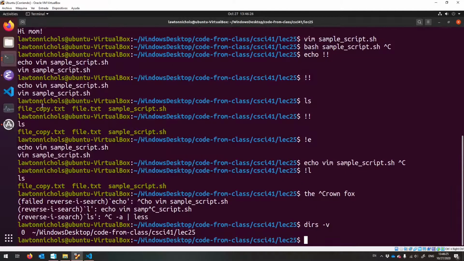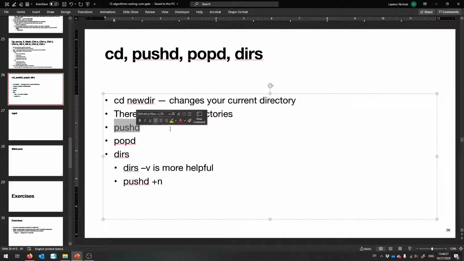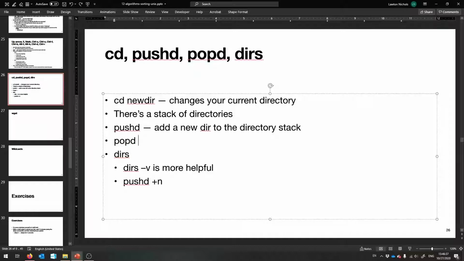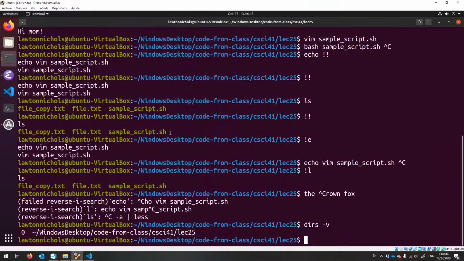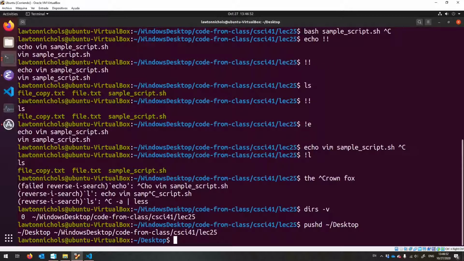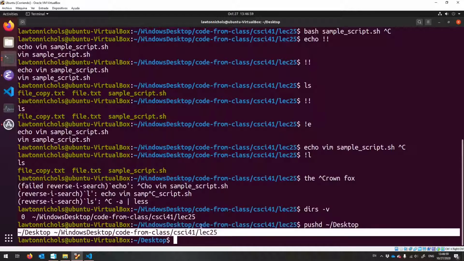I only have one right now, but let's go to the desktop and pushd a new dir. Okay, so pushd my desktop. Ooh, isn't that nice? And now I'm suddenly in my desktop. That's my current directory. And though I have a stack of directories built up now,